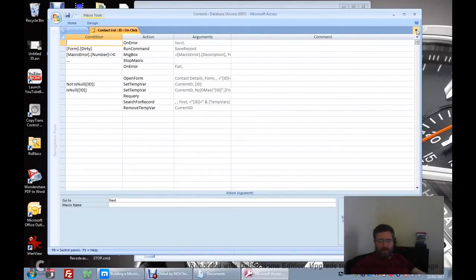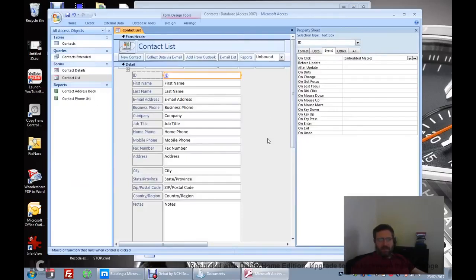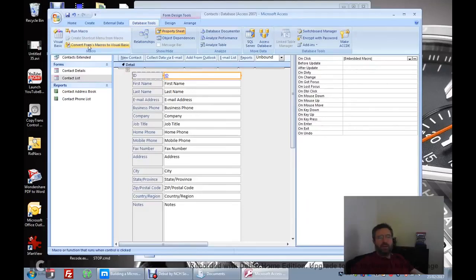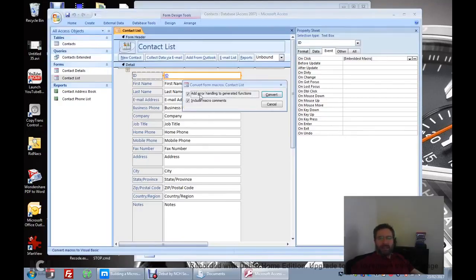But as the database gets a bit more complicated, if you want to add features to it, for power and versatility, you're going to want to convert the forms macros to Visual Basic. So I'm going to click on this option here. It's under Database Tools. Add error handling, include comments. Yeah, that's fine. I'm going to go ahead and convert,